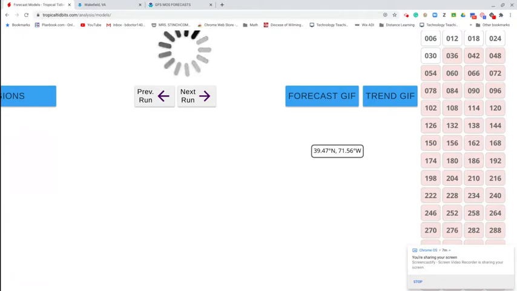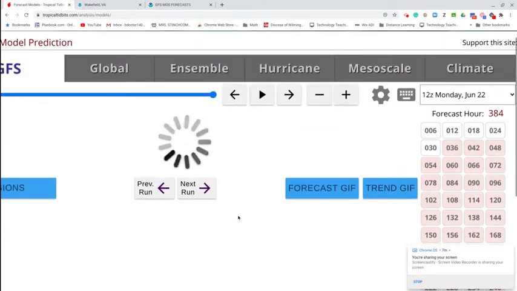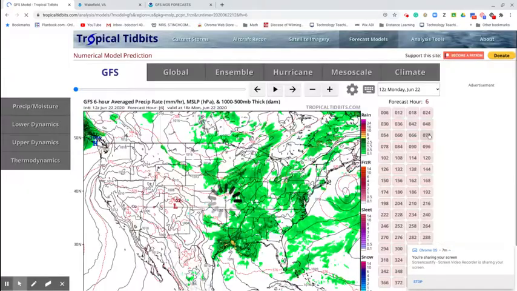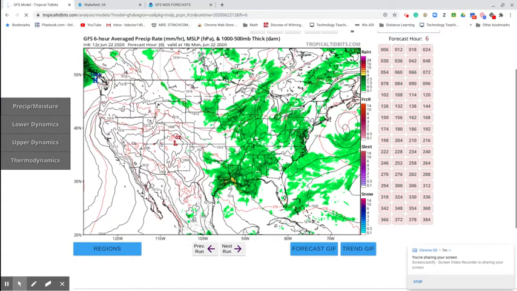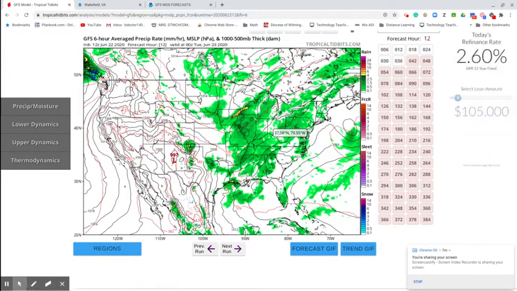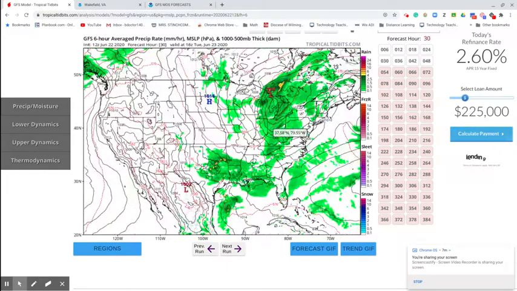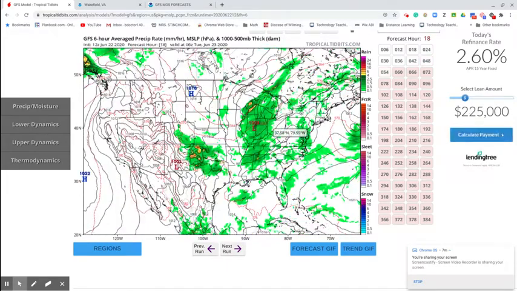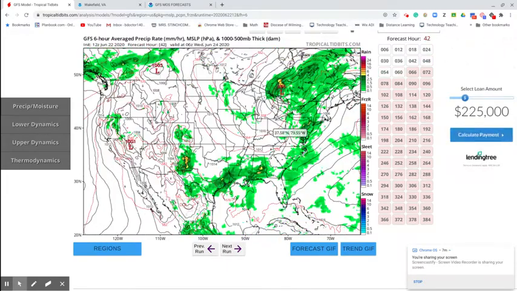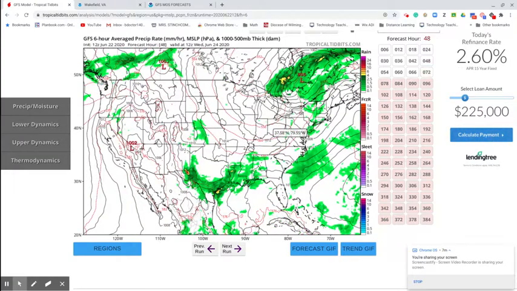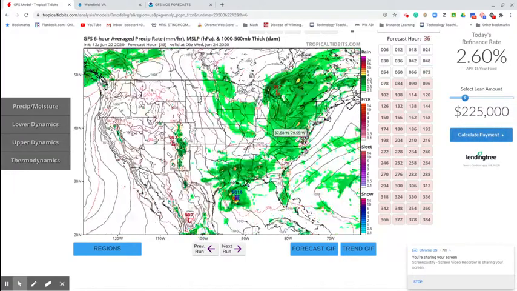This seems like it takes an hour to go through the loop. Okay, all right. So this is your basic look at the model runs through the hours, and really any average person, I mean, a person with absolutely no meteorological understanding, can know what's going on here. All right,